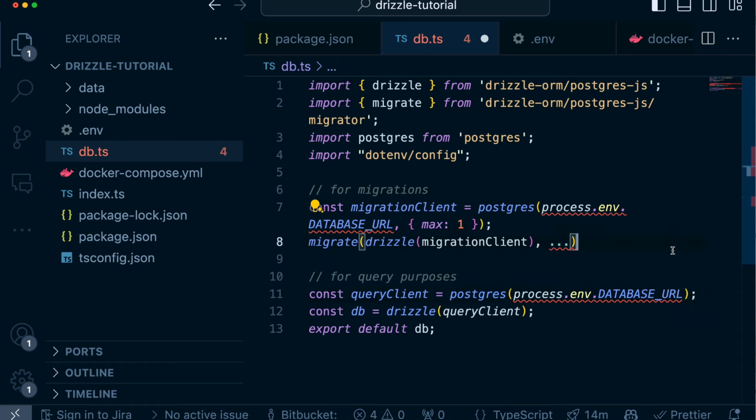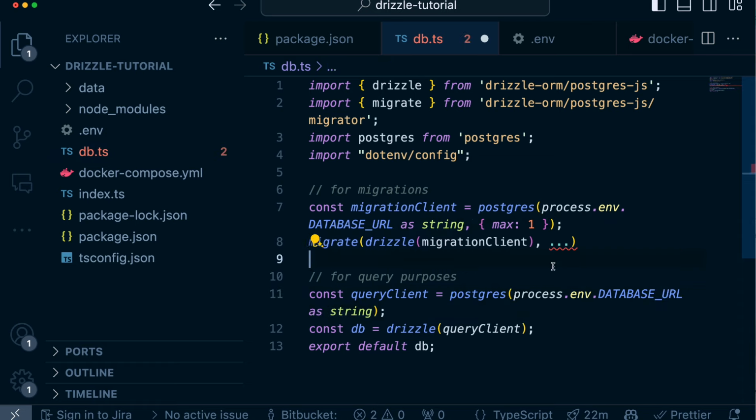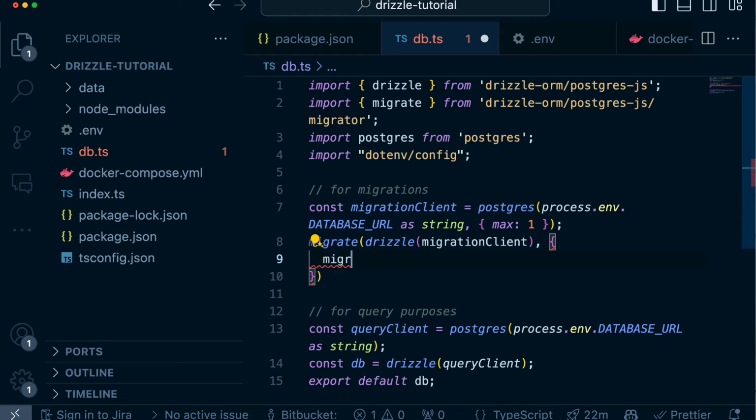URL. And let's pass those URLs as a string. And as you can see, the migrate function takes in two arguments. So here it's waiting for the configuration and the migrations folder, and we pass the path to the folder,